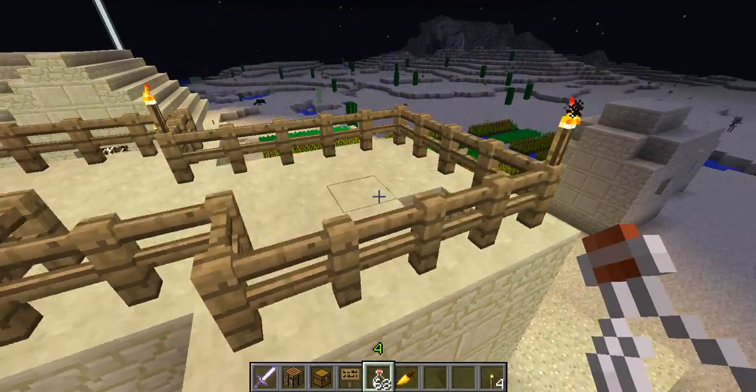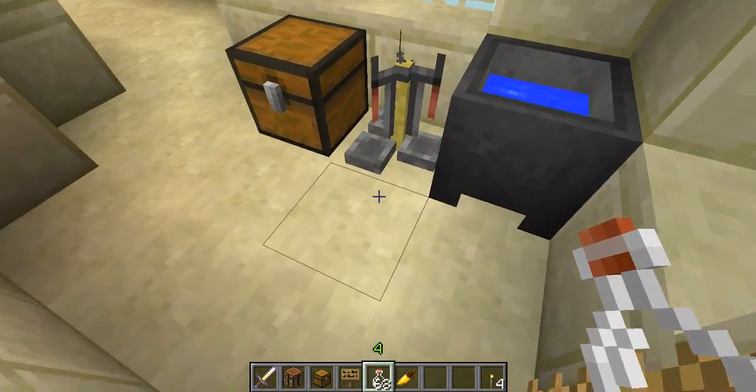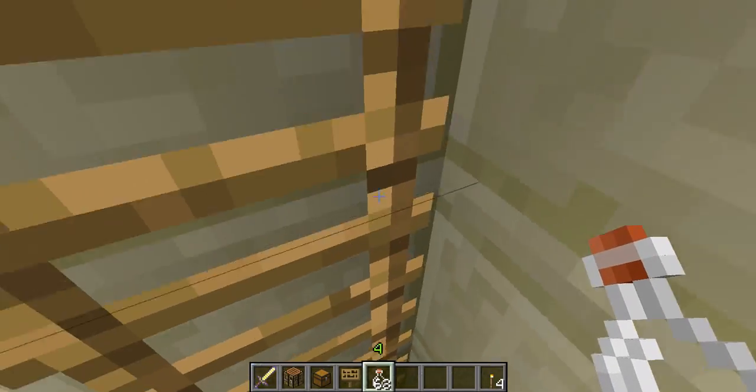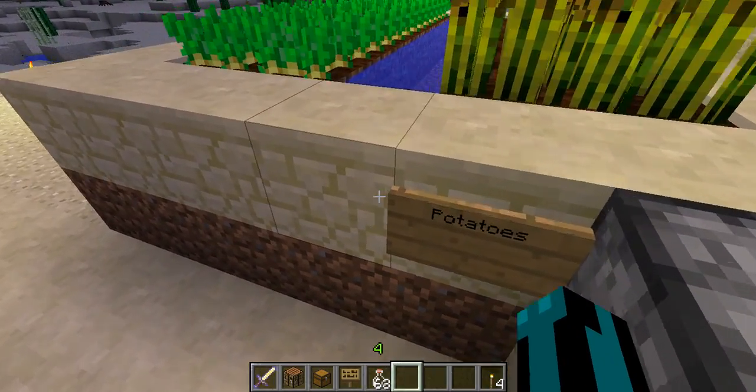It's kind of a disgusting gurgling sound. And, yeah, I had to show that to you guys because it was just disgusting. Now, we'll add the golden carrot, and while that's brewing up, to show you, now, the only way to get